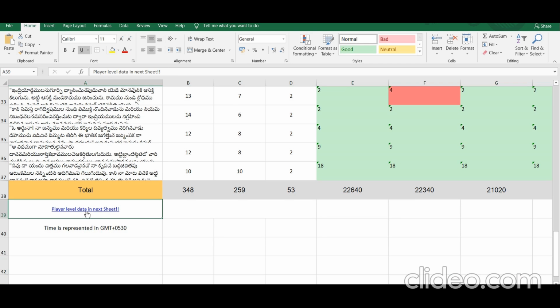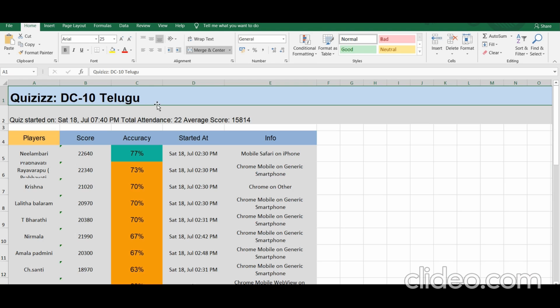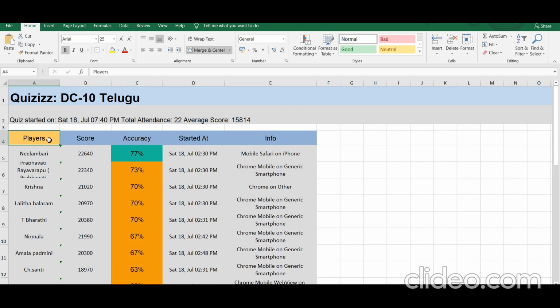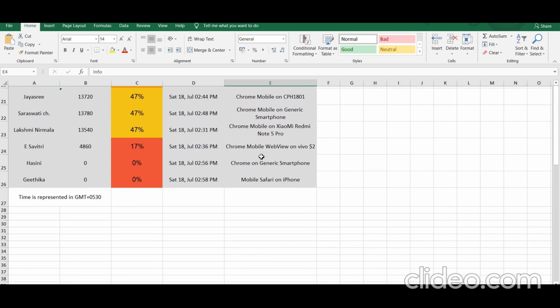See, it is showing the player level data in the next sheet. You click on it, then you will get the players data, and here you will get all the players who have attempted the quiz, and you will get the score, the accuracy, what time they have started, and which phone they have attempted this quiz on.